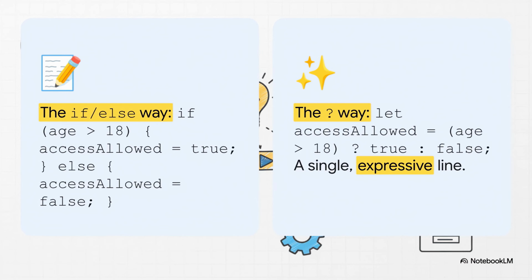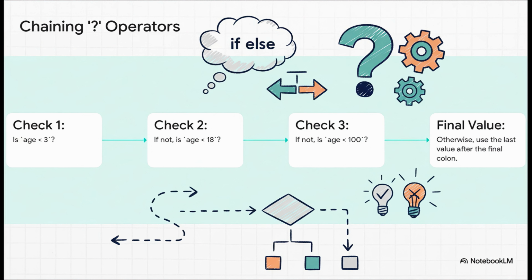And this comparison just says it all, doesn't it? On the left, you've got 5 lines of code just to do a simple assignment. But look at the right. Using the question mark operator, we do the exact same thing in one single, super readable line. It's just condition, question mark, value if it's true, colon, and the value if it's false. So clean, so efficient. And get this, you can even chain these question mark operators together,